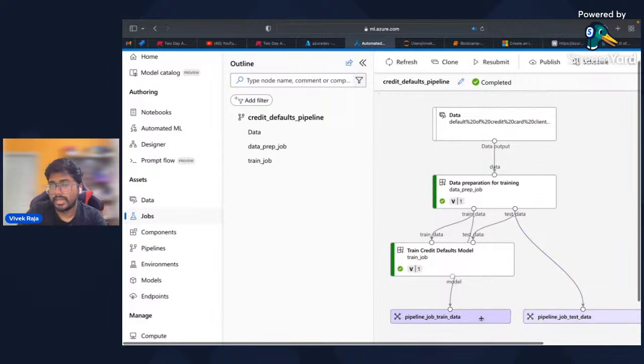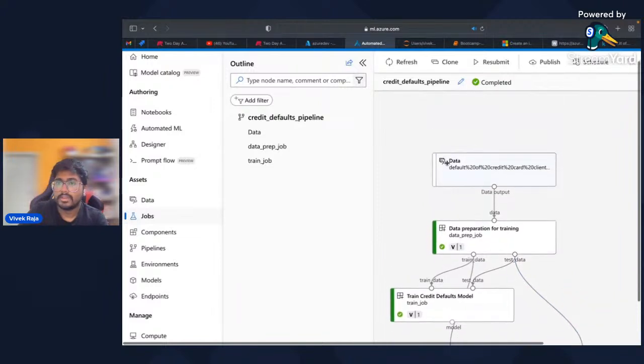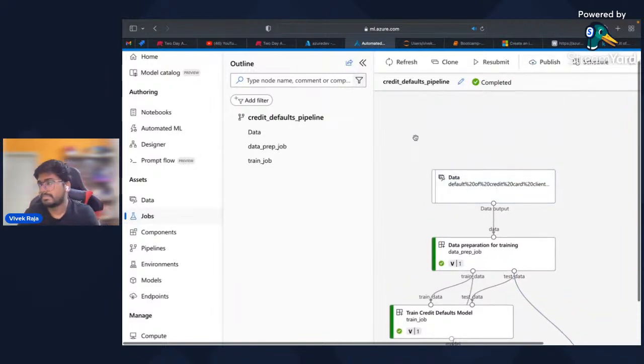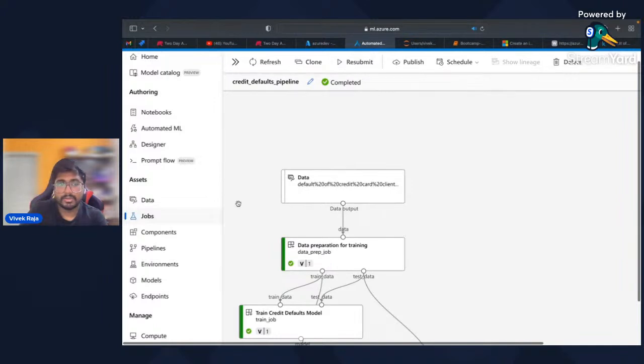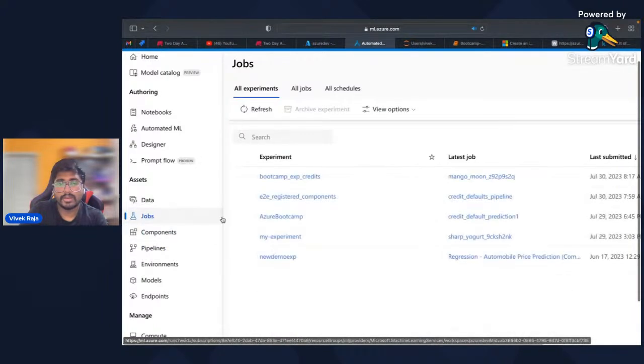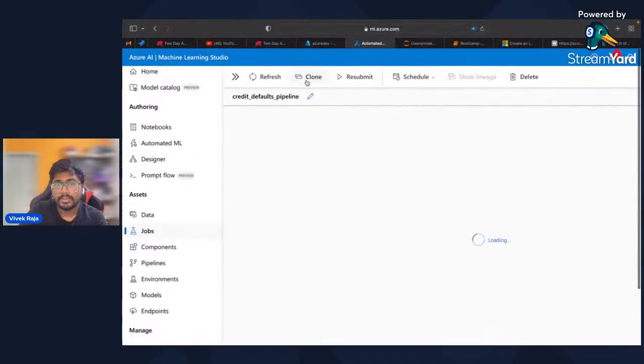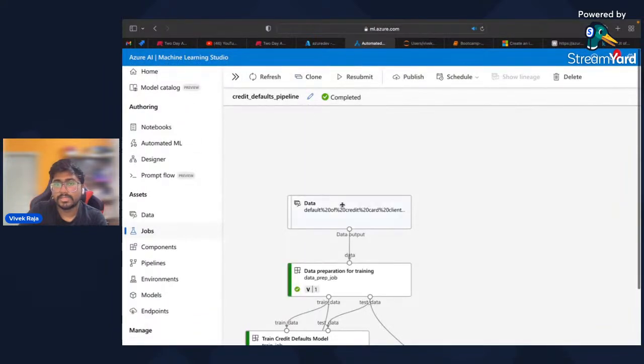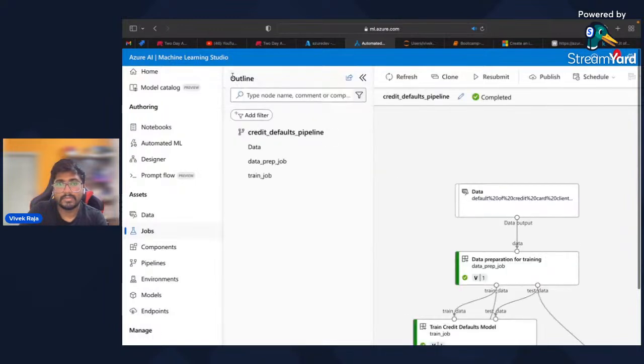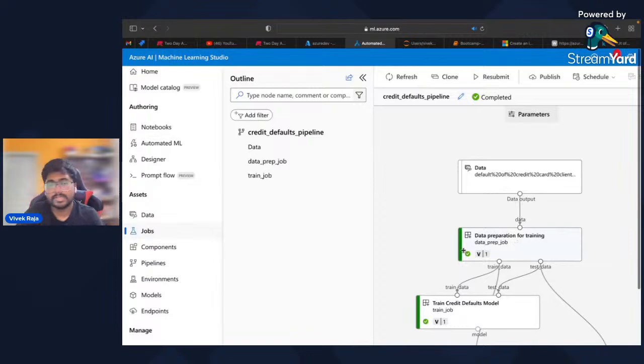So these two have now created a pipeline. So you can resubmit it, you can publish this pipeline, you can use it across your workspace as well. So this is a way how you can visualize how your pipelines work. And when it comes to jobs, you can see underlying jobs, how it went. So each job you can actually see the same way. And these are child jobs, which we would say.